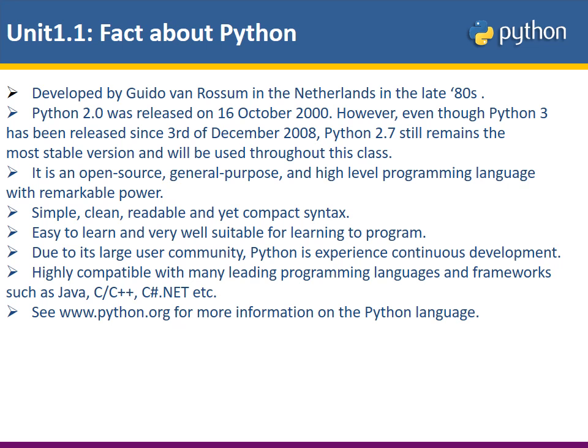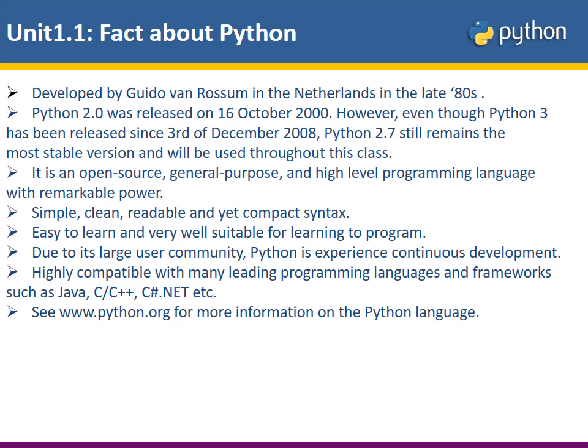2008. But for this course we will still be making use of Python 2.7, which is still the most stable version, and that is what we use in 201 as our introduction to Python programming. So we'll be making use of Python 2.7 for this course. Let me just recall for us the features or the description of the Python programming language. In the last class, which is a prerequisite to the 201 class for first semester,